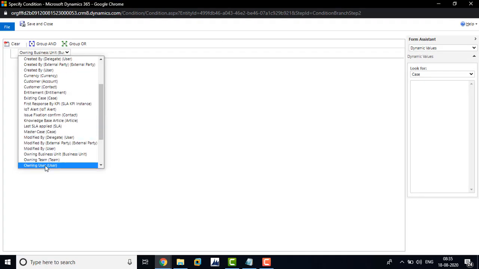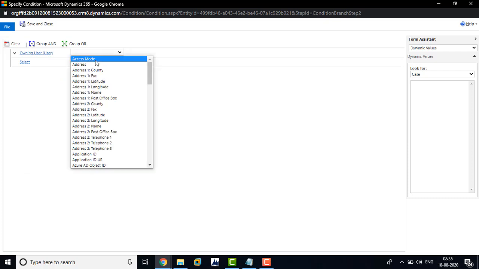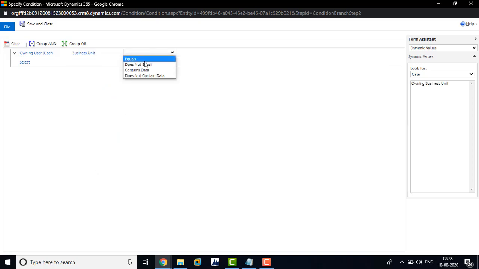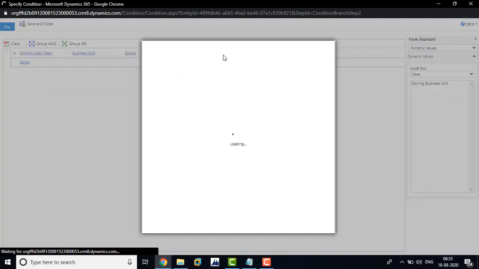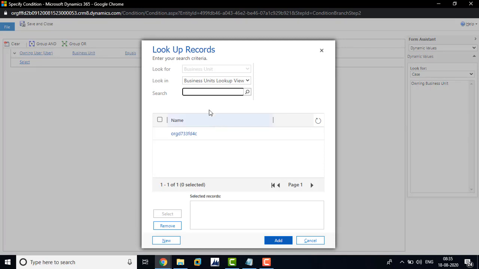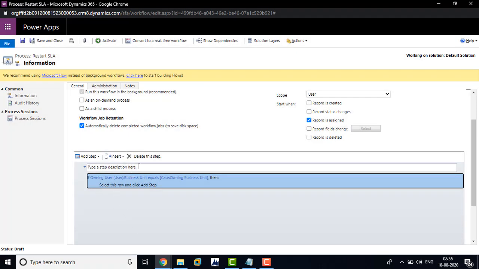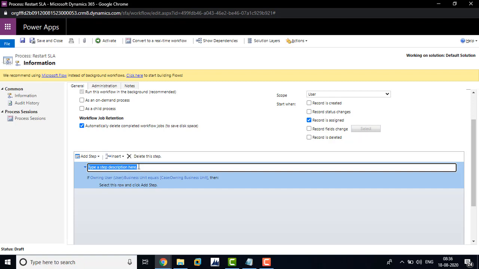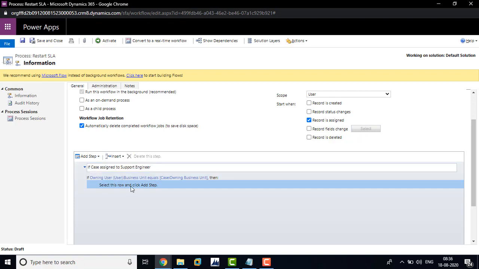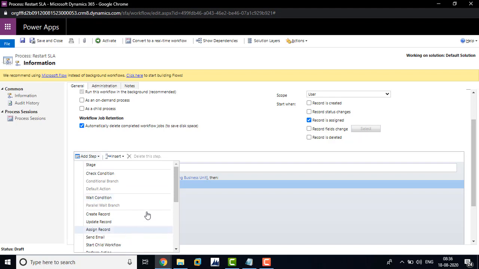The condition is: owning user, business unit, equal to business unit. Save and close. After that you can type the condition name. Click the second condition, where we are going to change the status.